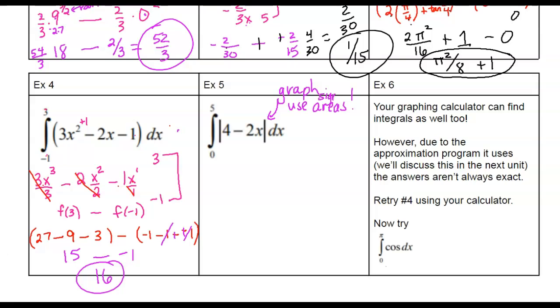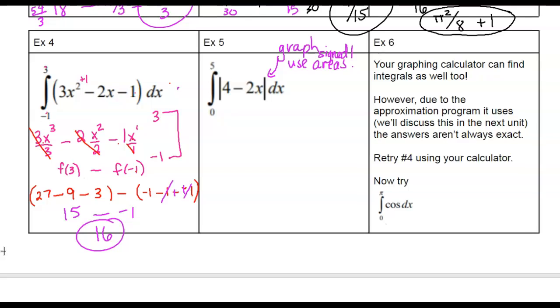Use signed, sorry. Still. So even though I know the fundamental theorem of calculus, I don't use it for absolute value functions, okay? Now, sometimes if this was a different curve, like if this wasn't 4 minus 2x and this was squared, I would show you how to do it. So that's why I am going to show you the different technique. So on this,